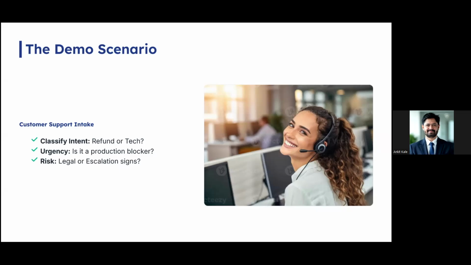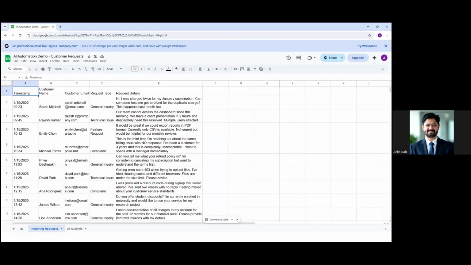On top of that, we also have to give a risk flag, whether there is any legal escalation or payment issue. And we also have to give a routing recommendation, which team or which SLA needs to be followed.